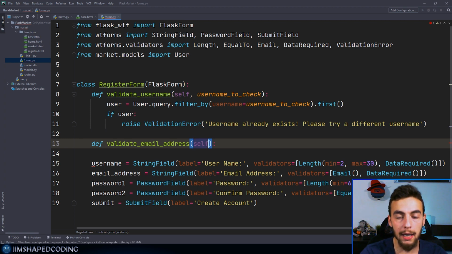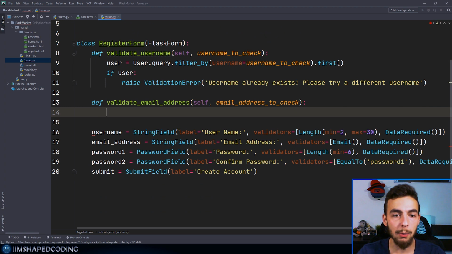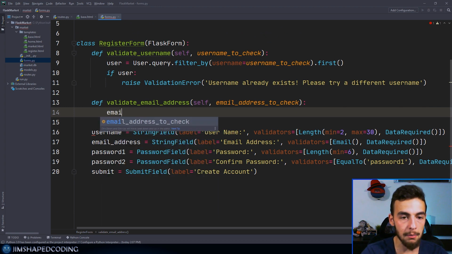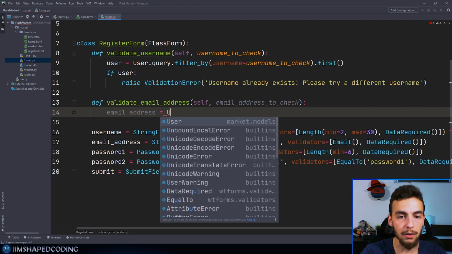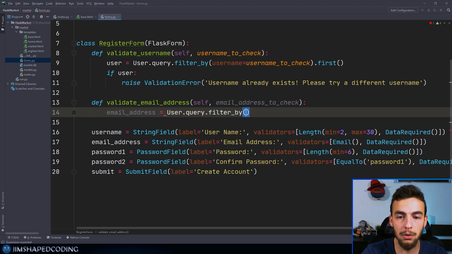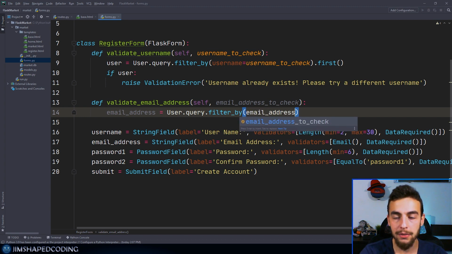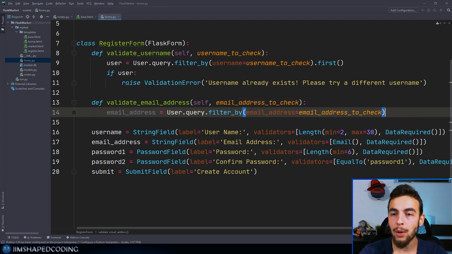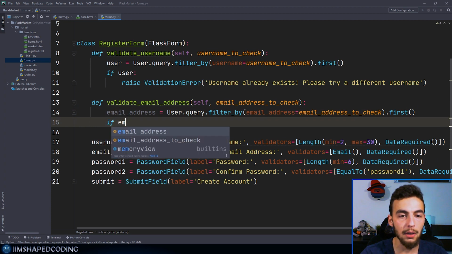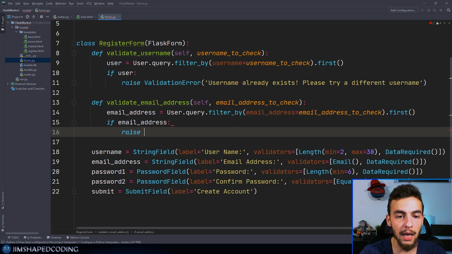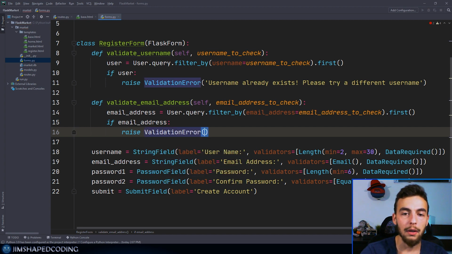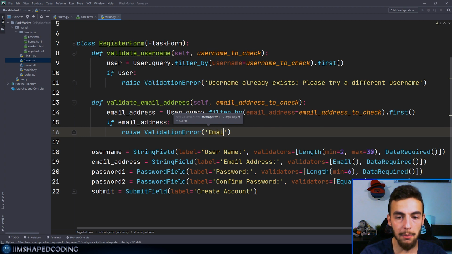So I will go by again saying email address to check, and then we will go inside our function and continue by saying email address equals user.query.filter_by, and we will try to filter by email address equals email address to check, and we have to execute that .first() in here again. Then we can say if email address, then raise a validation error, and then we could type in